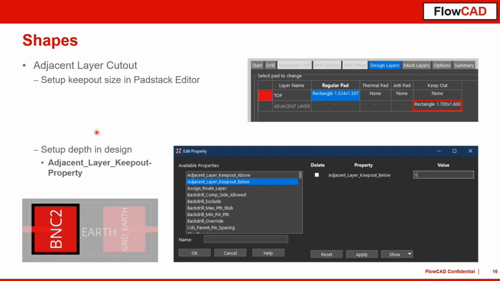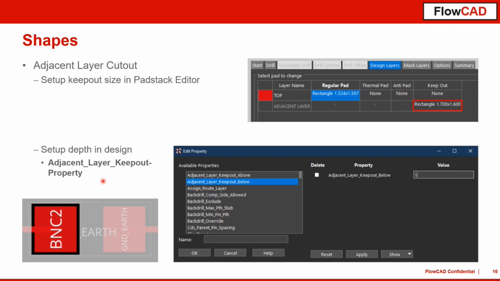Good, adjacent layer cutout, sometimes required in high-speed designs. So cutting out the ground plane underneath a high-speed trace, or especially underneath an SMD pad of a high-speed signal. This can be set up basically inside of the pad stack editor. So there you have here this keep out and adjacent layer. So there you set up the size of the cutout, and then you have to activate this